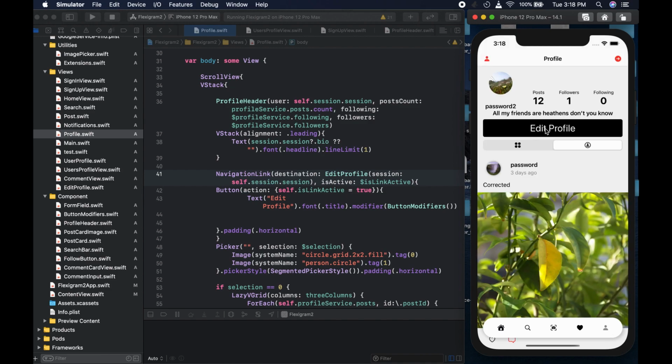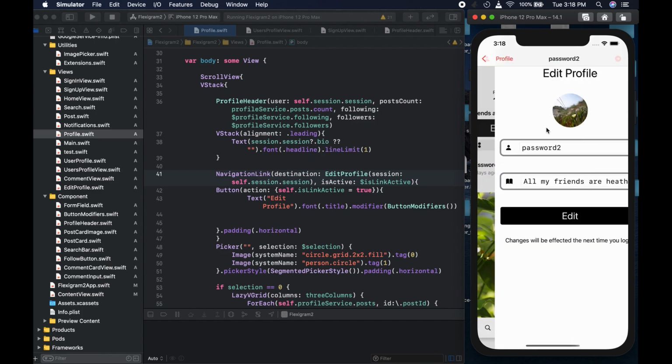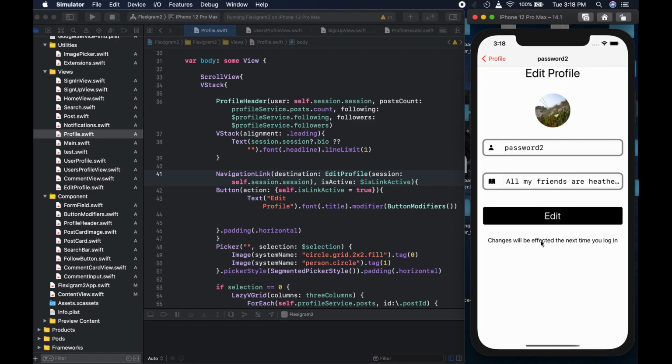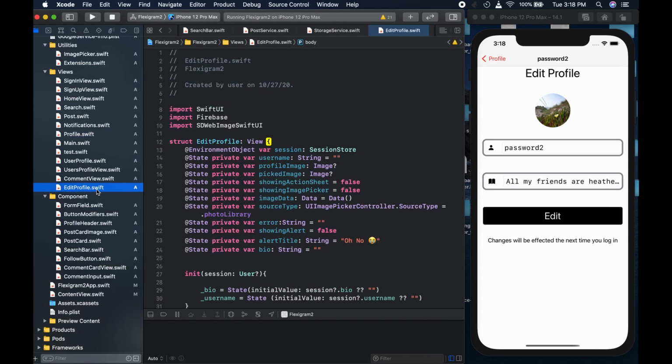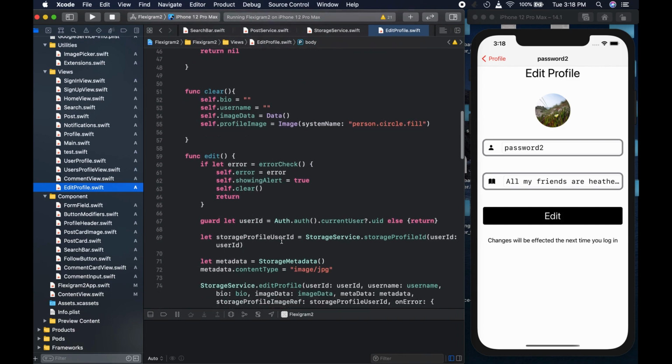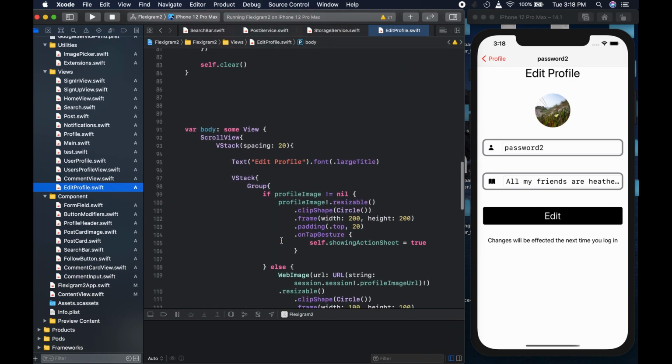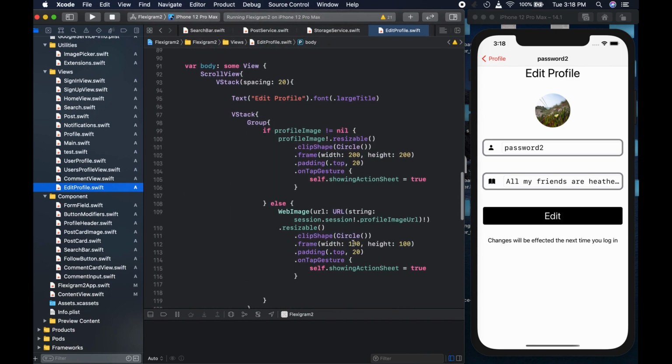And the next thing we need to do is go to our edit profile, and we hit it, and we see our first problem is that our image is too small. When we were copying the code, we forgot to tweak it a bit, right? So that's what we're going to do. I don't know what size I put it at originally, so I think I did 200. So we could come to the edit profile like so, and okay, 200. Oh yeah, when it loads the image, it's 100. It should be 200